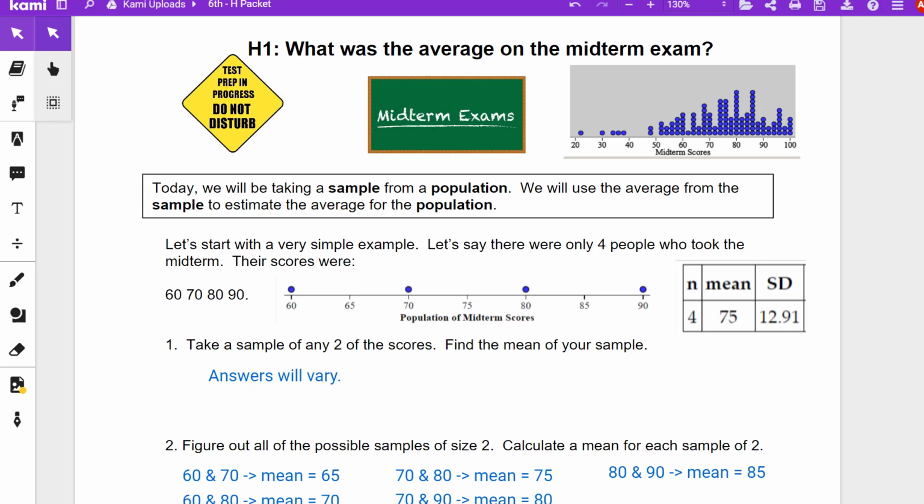In this activity, we are looking at the idea of a sampling distribution. So first of all, we're going to start with a population. A population is a set of all individuals, all right? So we're going to start with a very tiny population to keep the scenario simpler. We have only 4 people who took a midterm, and we're going to try and figure out their midterm exam,